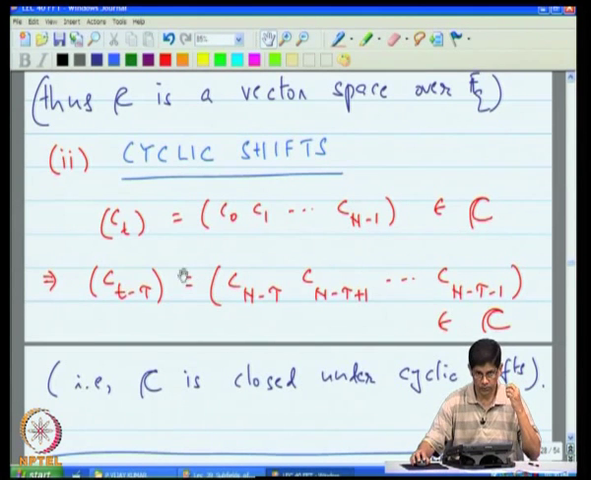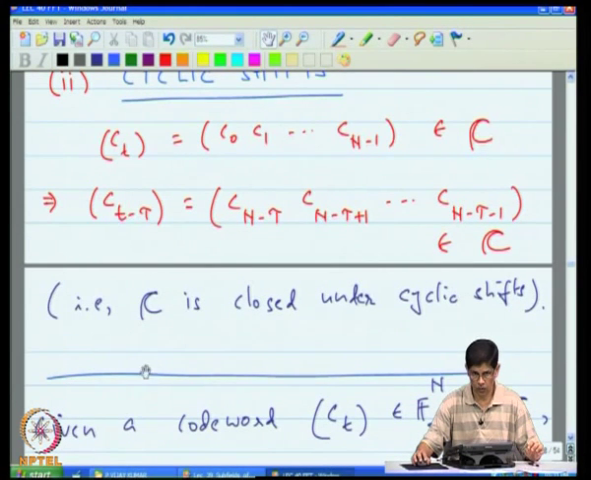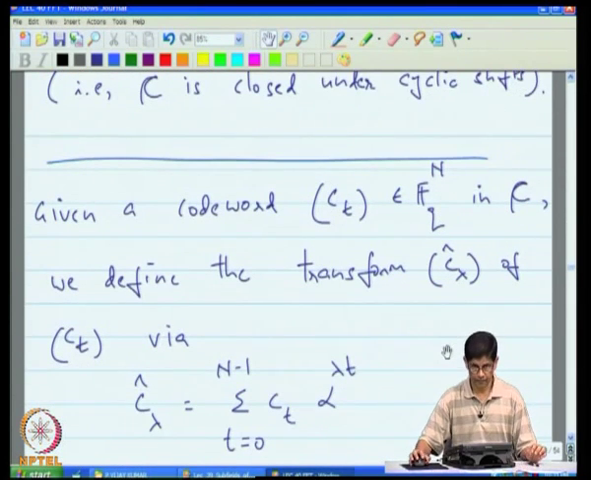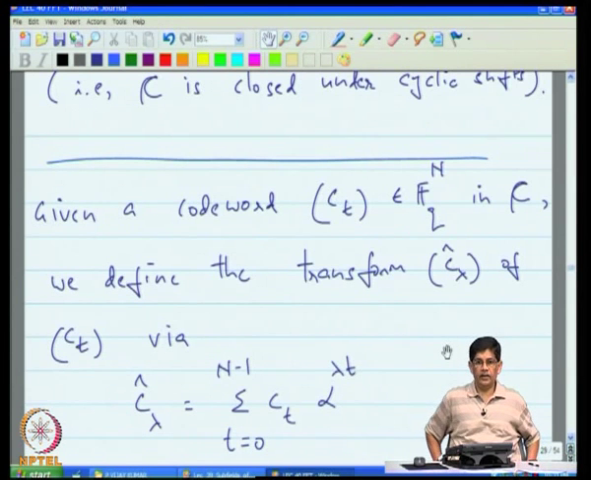So what we require is that if this code word belongs to the code, then every wraparound cyclic shift of this code word also belongs to the code. That is, the code is closed under cyclic shifts. So that is the definition of a cyclic code, and now